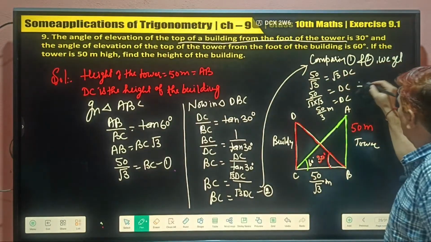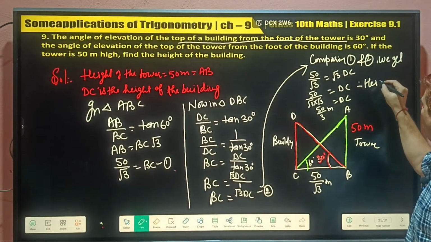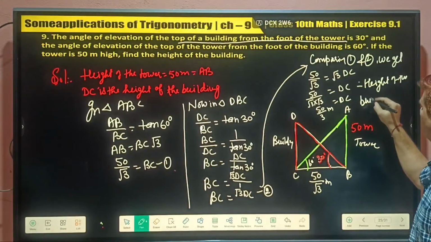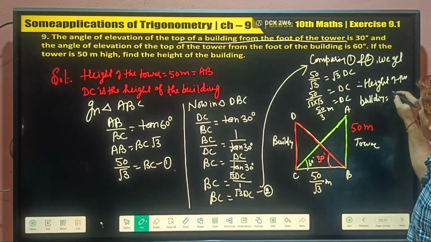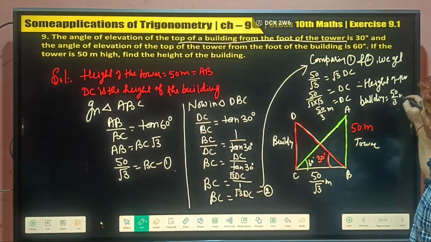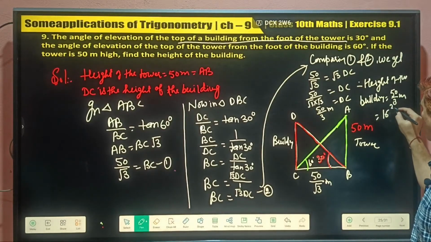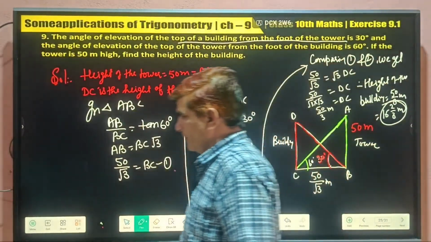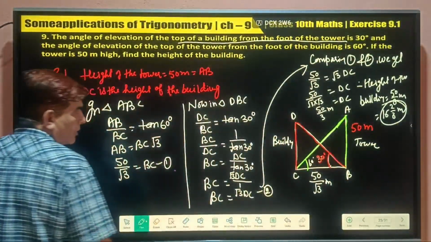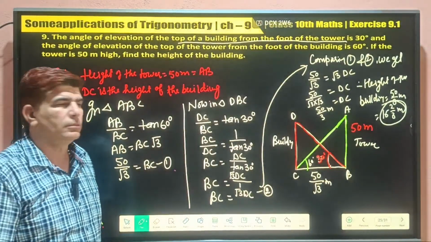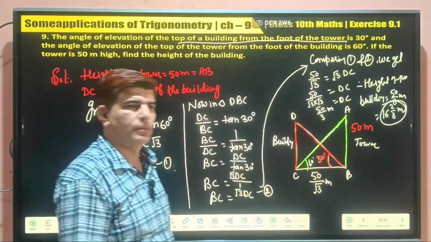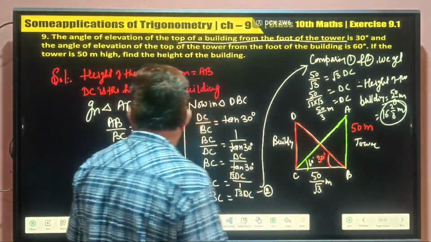Therefore, the height of the building is 50 by 3 meter, near about 16 by 3 meter, more than 16, less than 17 meter. Got it? Next,